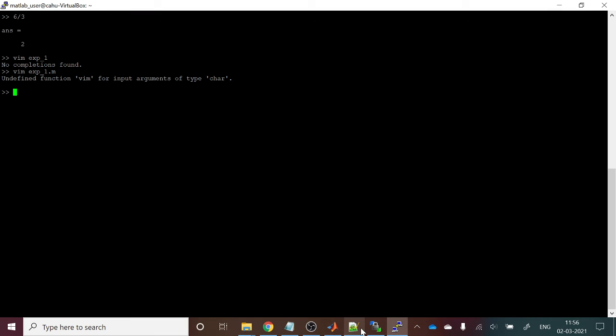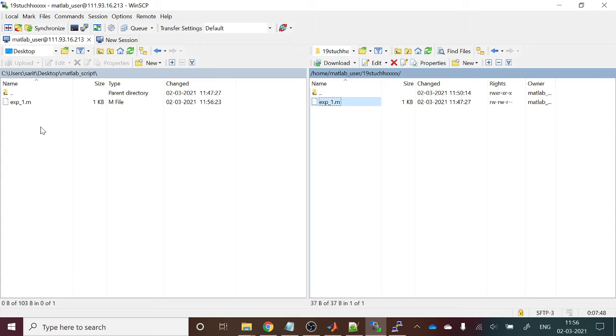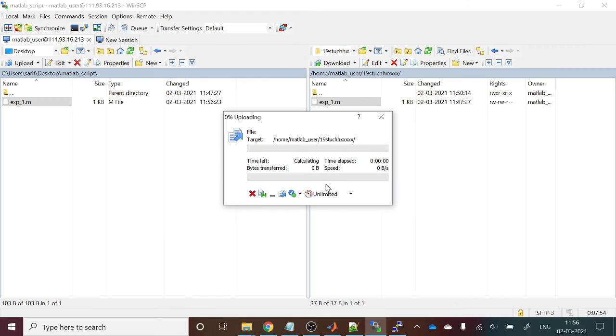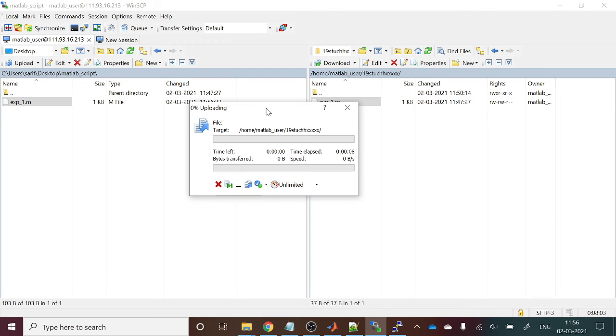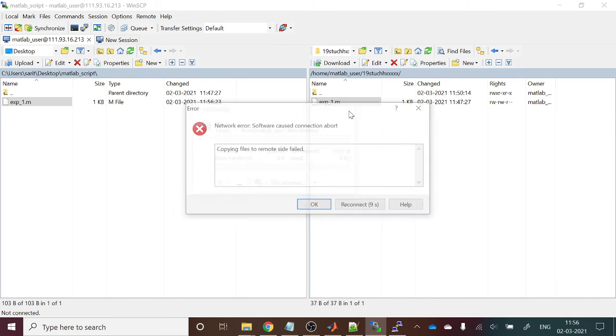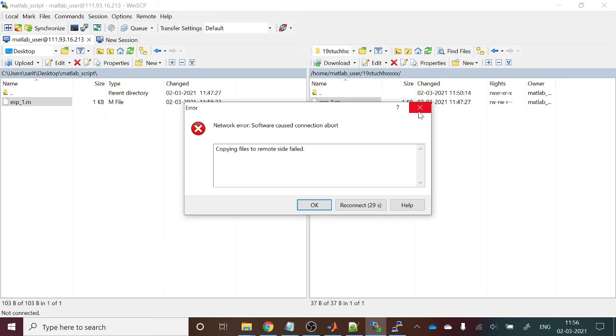The process is the same. Again, I will go to WinSCP. This code is now modified, and I already saved it. Now again I'll upload it. I think I have logged out from the system, so I'll cancel it and log in again to WinSCP, because it got disconnected.